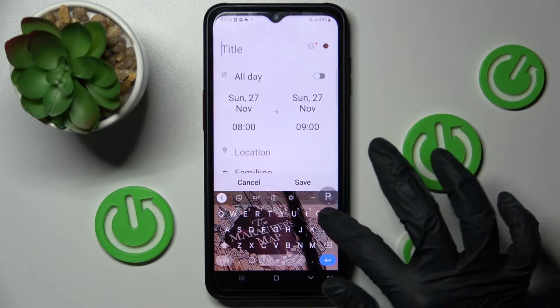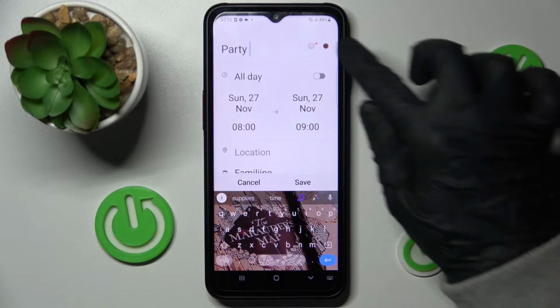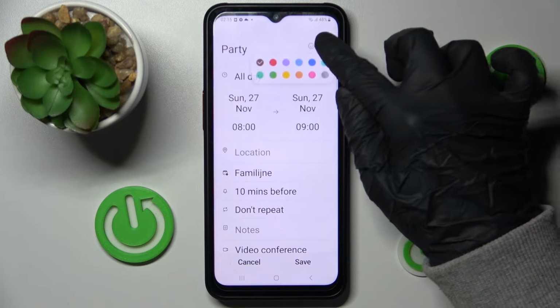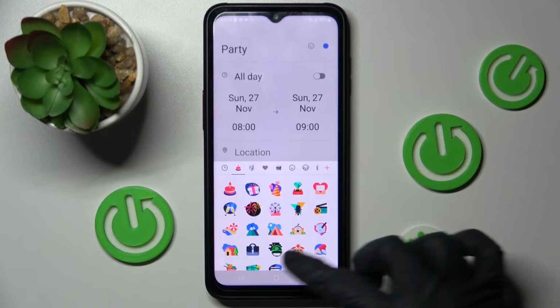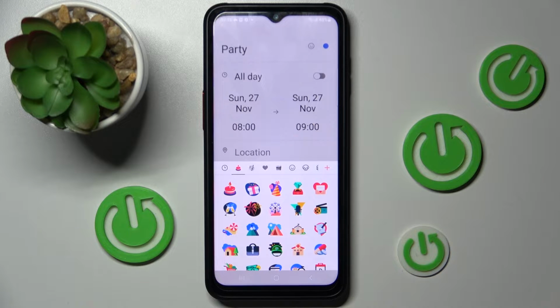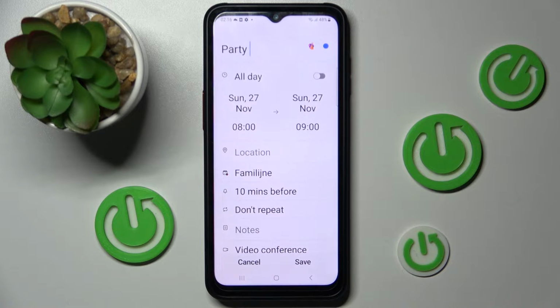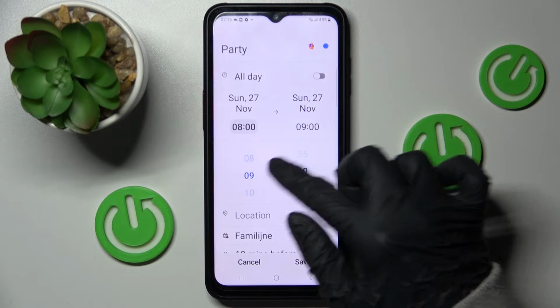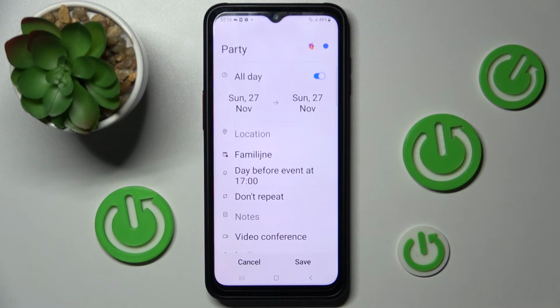Now, for example, you can add a title, and in the same section, pick color of your event, and even one of those emojis. For example, for birthdays, I will go with this party hat. Now you can also select starting hour and ending one. If you don't need to do that, click on this switcher next all day in order to disable this feature